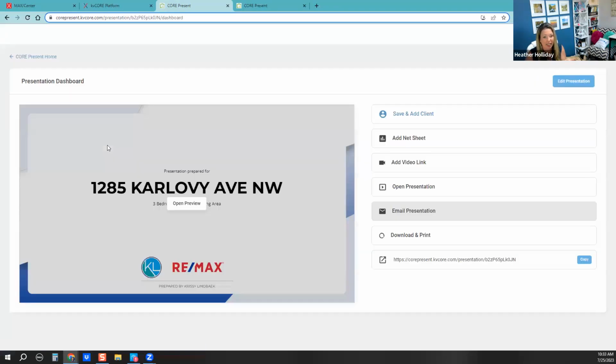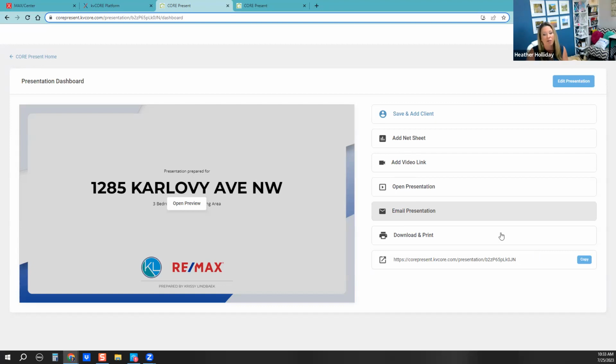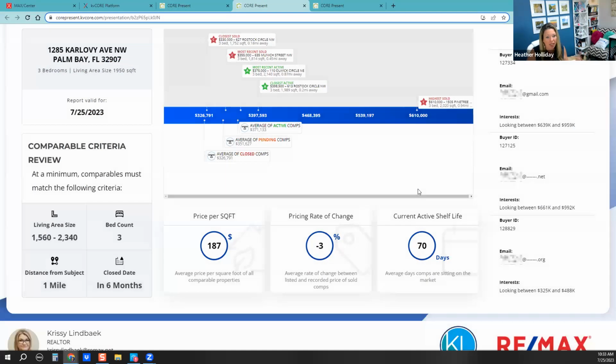I like the link because that is what is going to allow me to share a link to be able to see the pages they're looking at. It's a live feed, but I can email it, I can open it, I can add a video link, I could add a net sheet, I could download and print, or I can just copy. And you can even open it so you have it. If you have a tablet or something, you can have this ready for your presentation and literally go over the